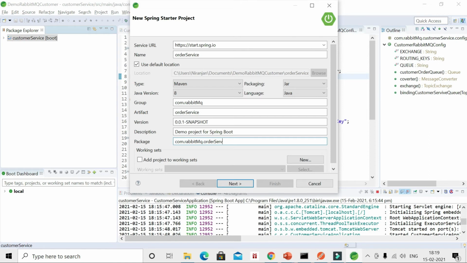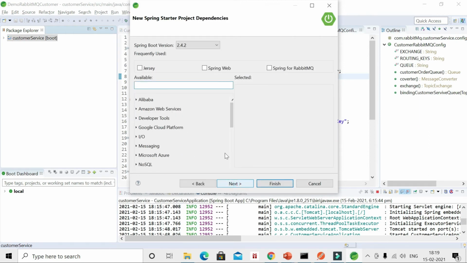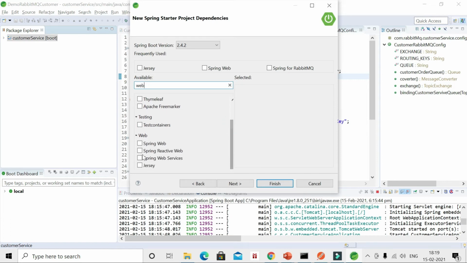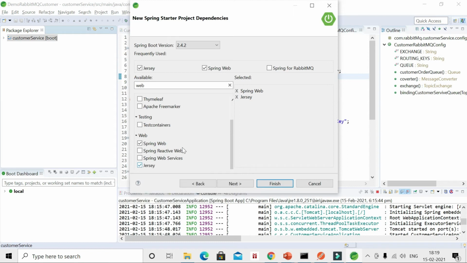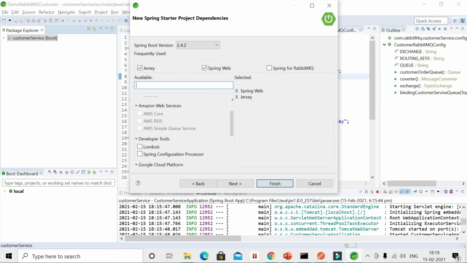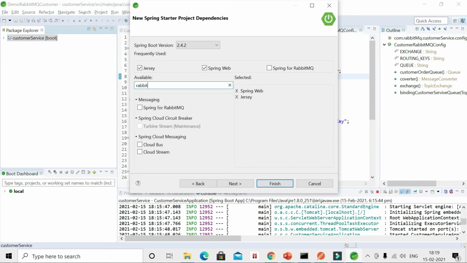Next, here we need Spring Web. Jersey is not needed because we are consuming, but in my next video I'm going to continue from there, so I'm adding Jersey also. In the next video we need the Jersey concept also, and RabbitMQ. So I added these three.